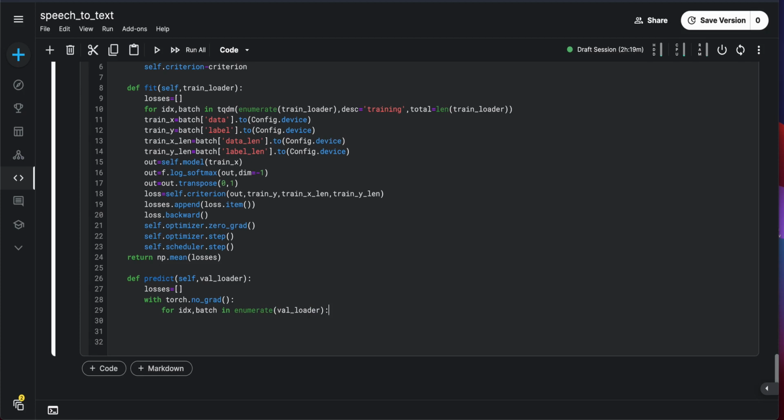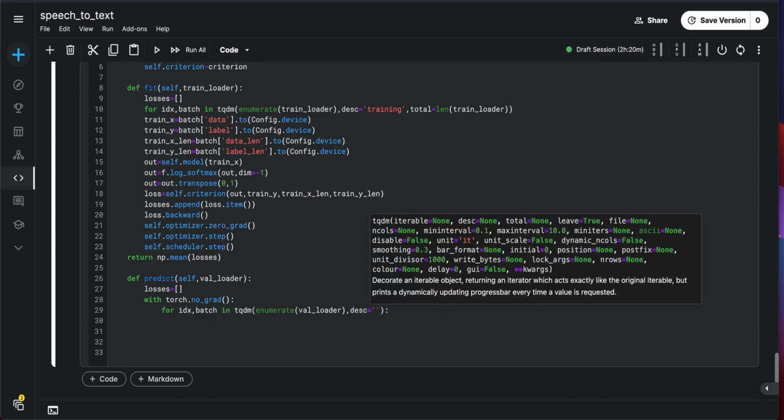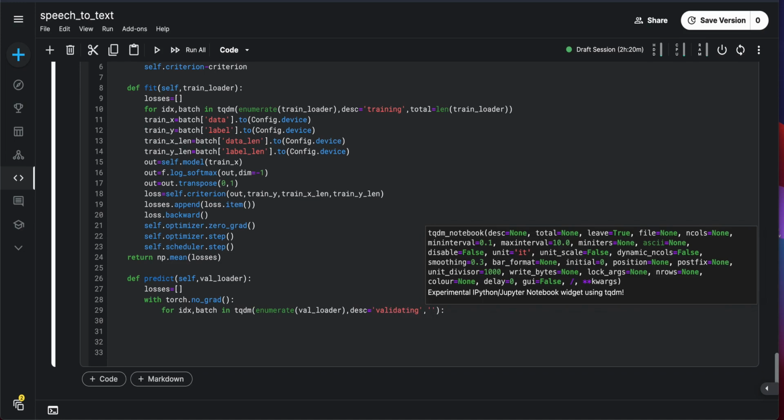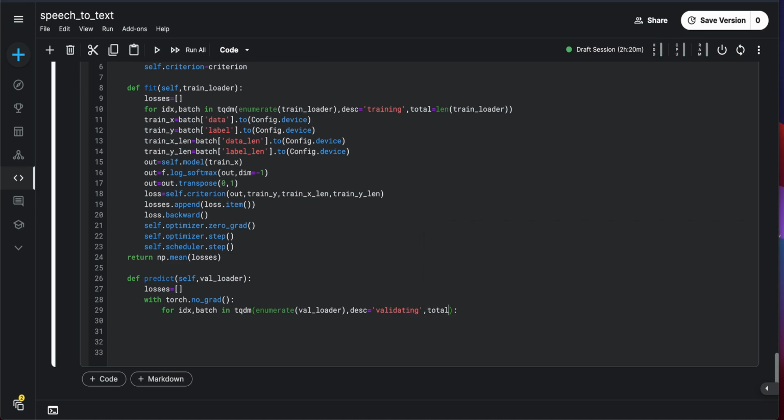Here also I'm going to give a TQDM for you to see it and for me to see it as well. Description equals to validating. I think it's a random description that would be fine. Total equals to len of val loader,